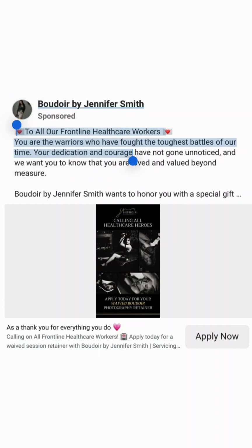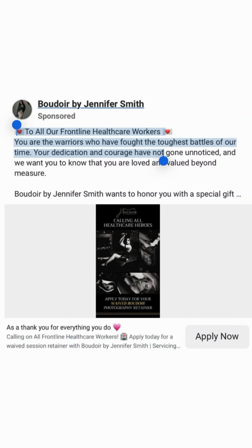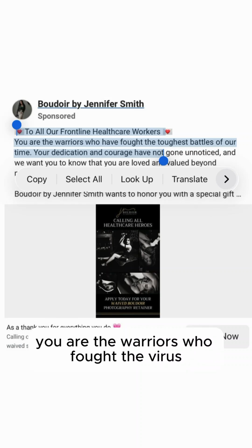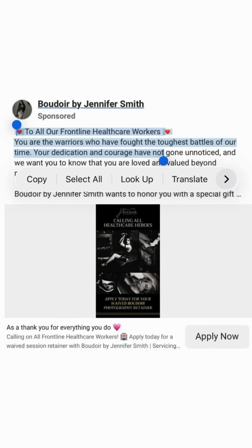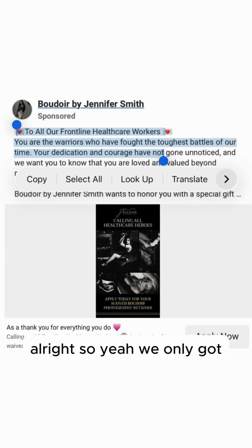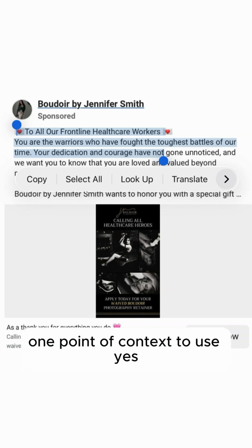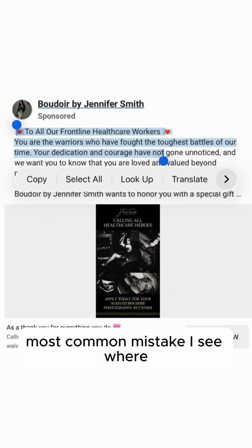Finally, look at the see more headline, first 2 3/4 lines. Facebook newsfeed mobile. To all our frontline healthcare workers, you are the warriors who have fought the toughest battles of our time. Your dedication and courage. All right, so yeah, we only got one point of context here. So yeah, this is the lack of context mistake, most common mistake I see,